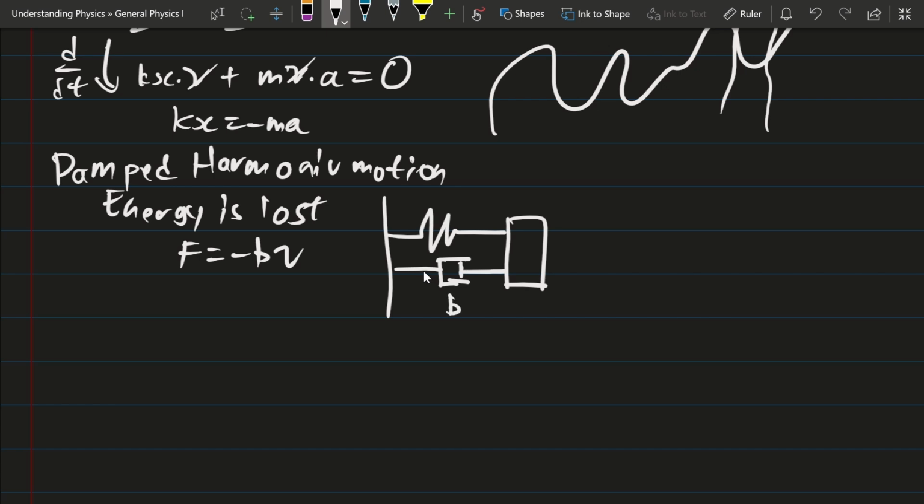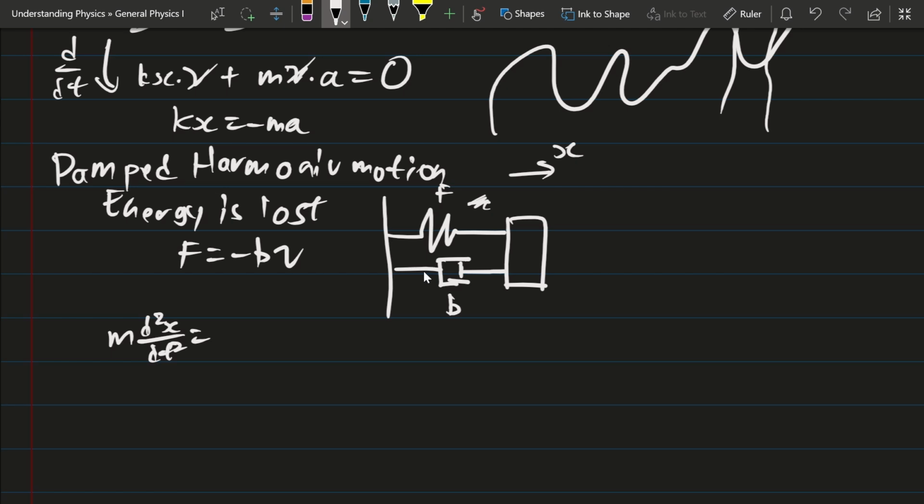So in here you would have a B and then you have an F. I will just denote this to be the positive X direction. So if the X is going in that direction and the B is going that direction, there's a force going backwards trying to resist this movement. So you could write the total force to be m d squared x over dt squared equals